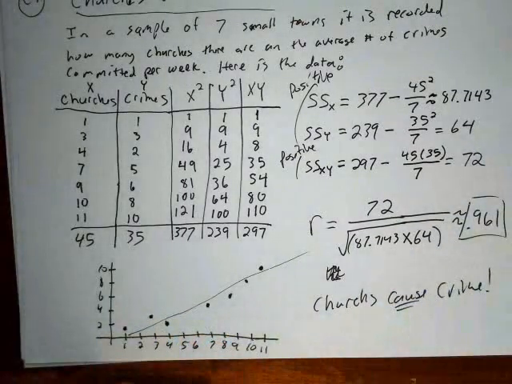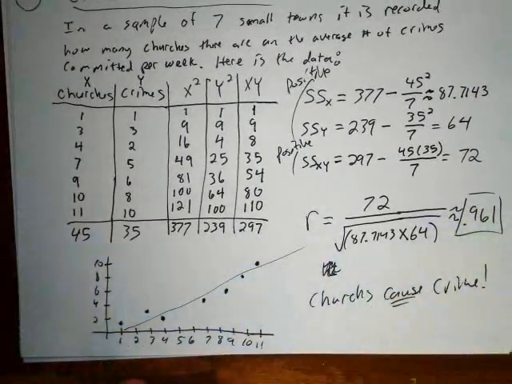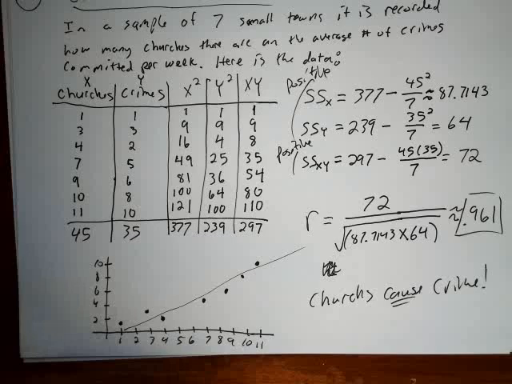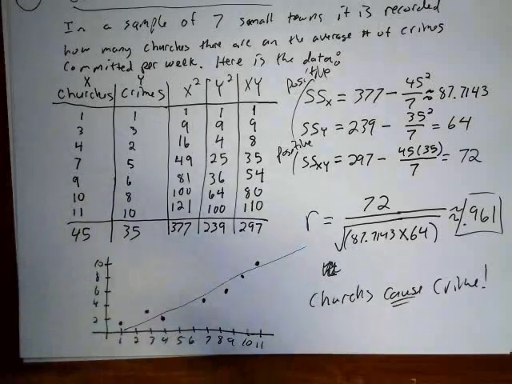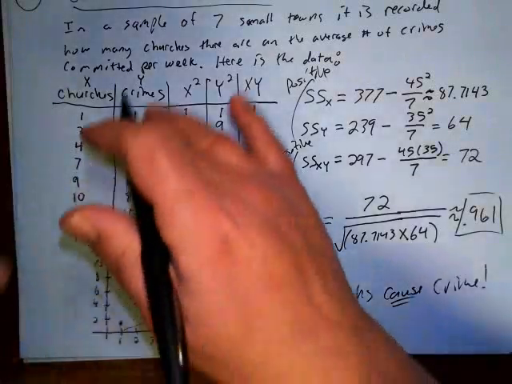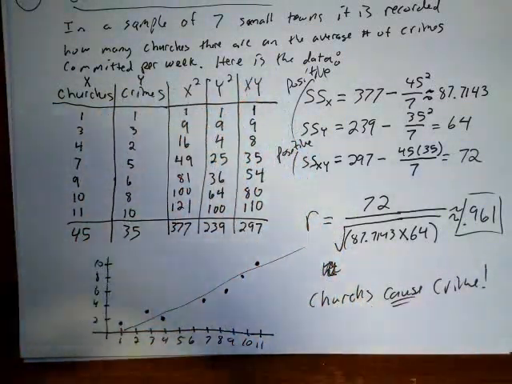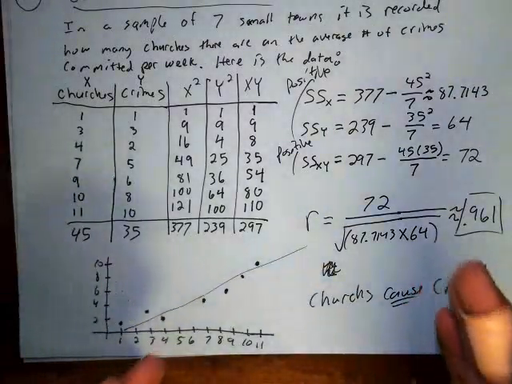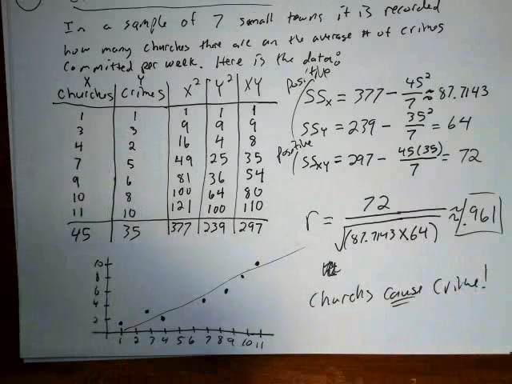And would you agree with him? And of course the answer is no, that's not true. Churches do not cause crimes. And the reason this has a positive correlation is clearly what is the reason? Why do they go up together? And the answer to that is the bigger the town, the more churches, but also the more crimes. So as the town increases in size, both variables are going to increase together. And so yes, indeed, there is a relationship, and that relationship is that there's a positive correlation between the variables,